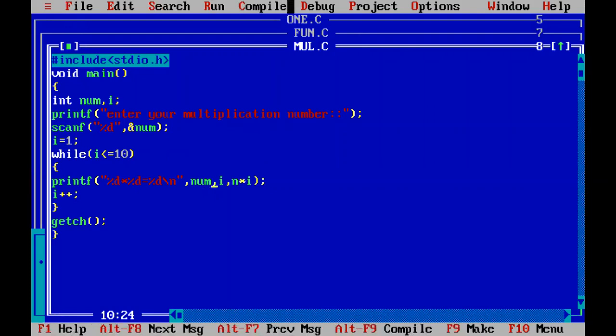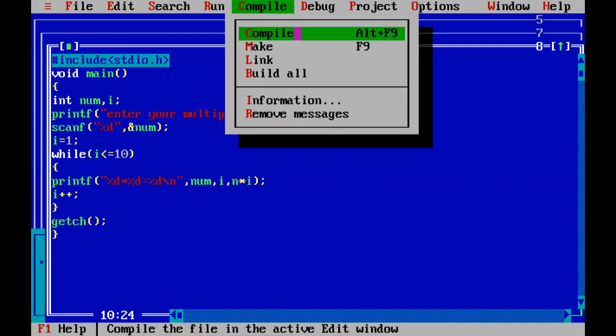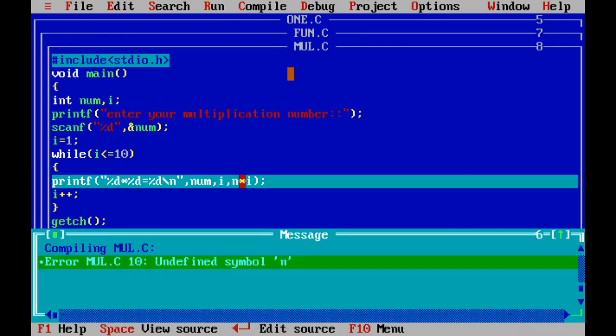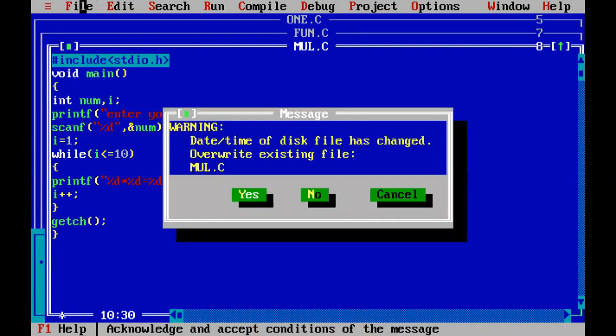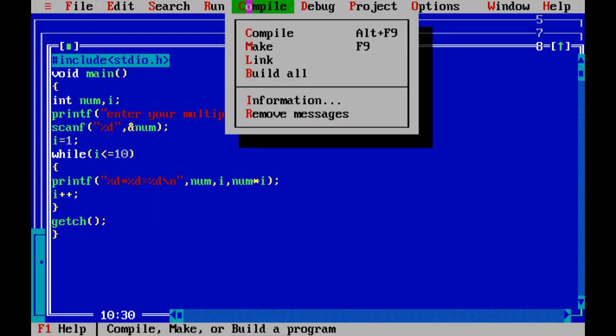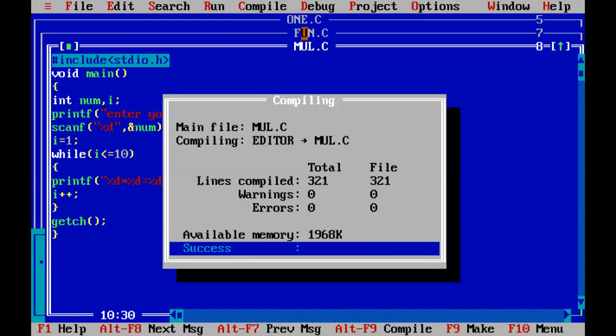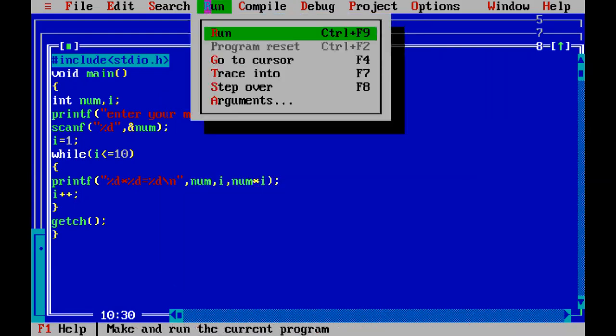Press F2 to save. Again compile the file. There is another one. Okay, fine, here also we need to write number. Again compile the file. Yes, there are no errors.